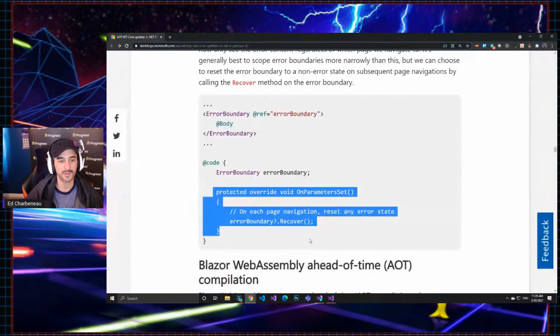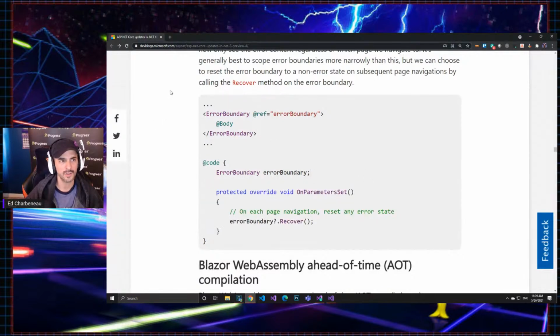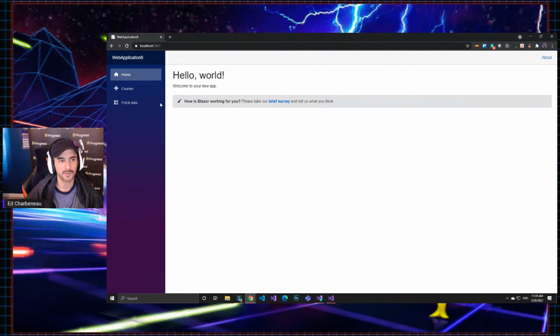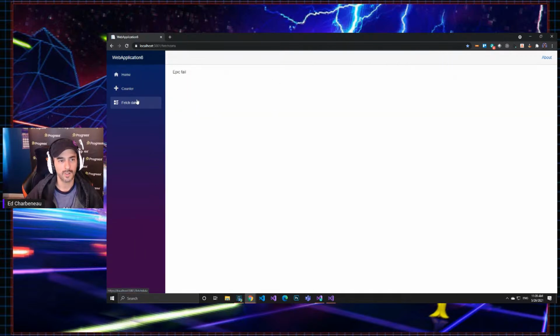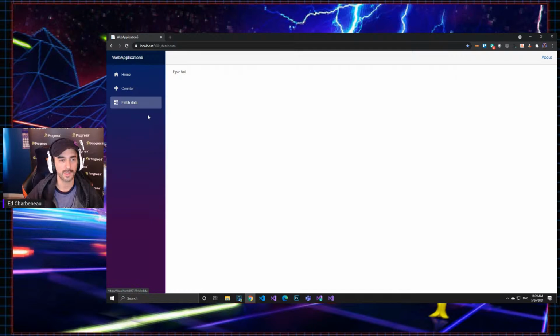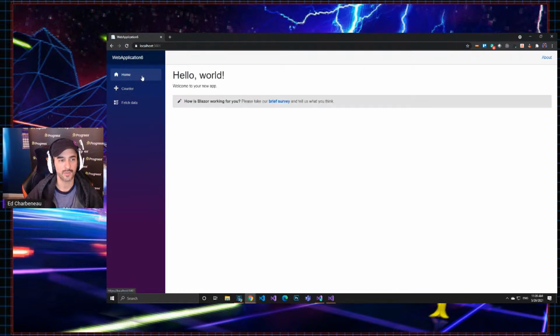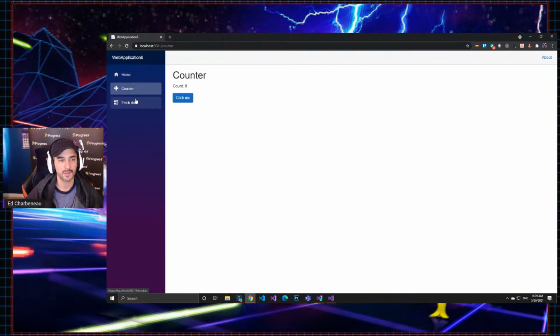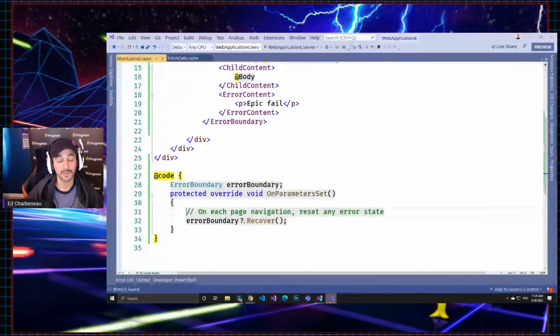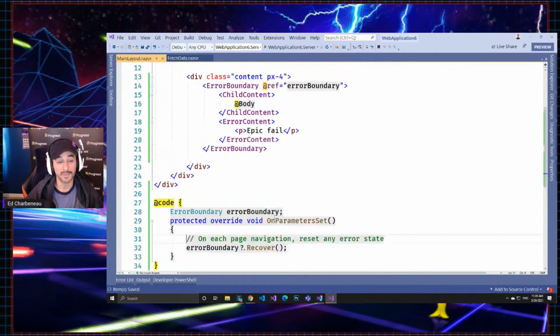I think we're supposed to put an on-navigate event in here. I don't think the on parameter set's enough, is it? So we'll go to here. Okay, so I guess on parameter set gets triggered on every page navigation is what they're saying. So this fails, and then I have to navigate a way to clear it. That's better, but